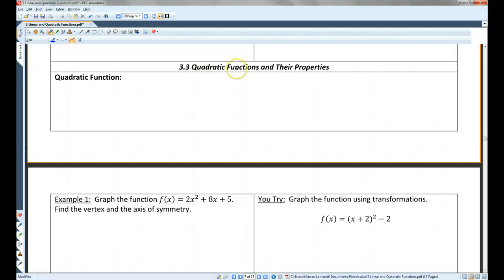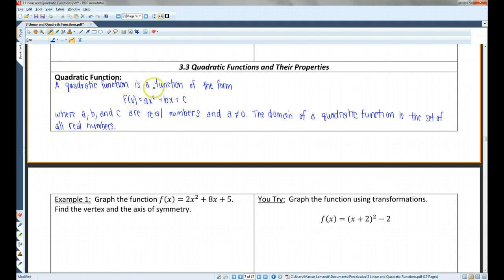Alright, 3.3, quadratic functions and their properties. Definition: a quadratic function is a function of the form f of x equals ax squared plus bx plus c, where a, b, and c are real numbers and a does not equal 0. The domain of a quadratic function is the set of all real numbers. That means that anytime you have a quadratic function, already you know the domain is all real numbers, negative infinity